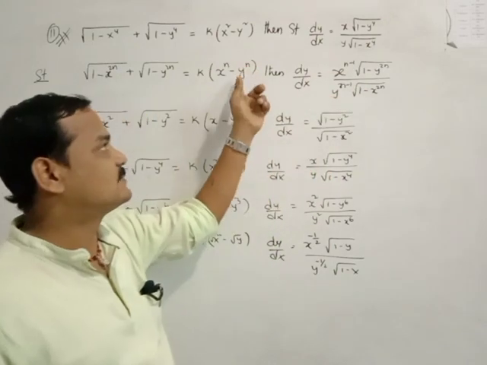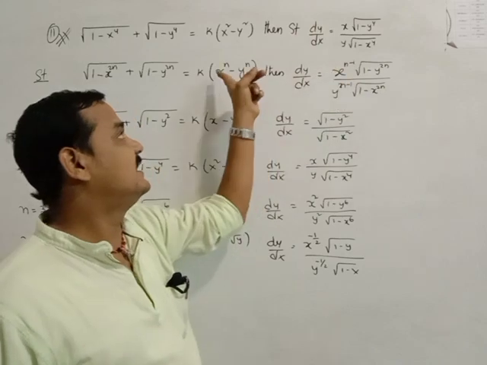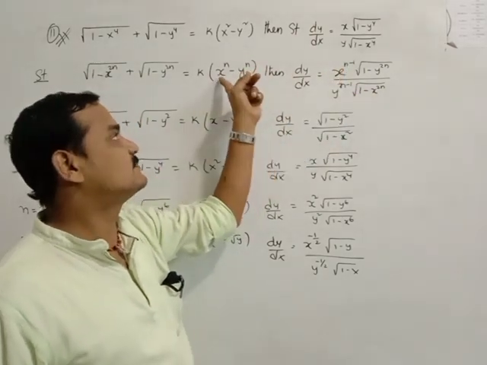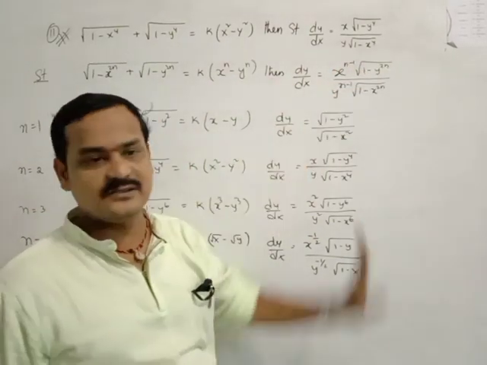What is that? X power of n means you less than 1. X square you can take it means it is written x. X cube means x square. X power of 4 means x cube. Like that. Once we discuss this, directly the question is what you need to write.